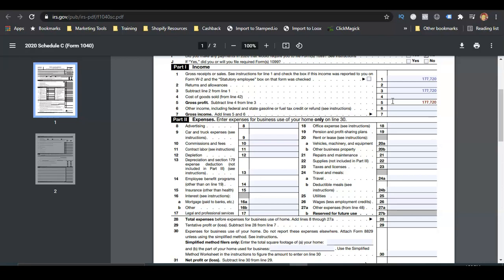Line 6, other income including federal and state gasoline or fuel tax credit or refund. Also going to leave that blank. If you do have any of that, make sure that you put that in there. And then on line 7, you'll add lines 5 and 6 together. So for this example, since we do not have anything in line 6, line 7 is going to be the same number again,